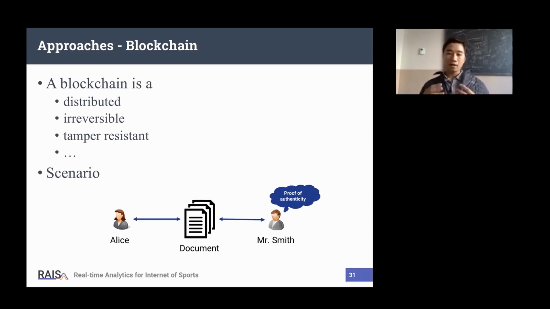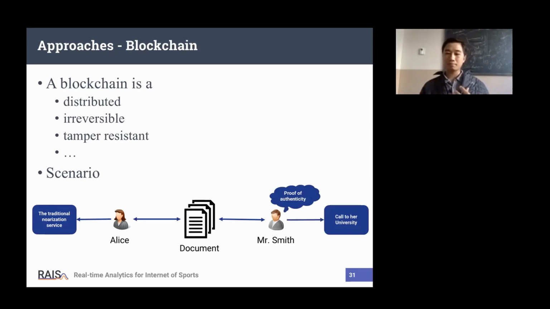In the traditional way, we have two ways to prove this. The first one, Alice can invite an agency, a justice agency, to prove that all the information in the documents is true. Or maybe Mr. Smith, if he has more time to verify the information on her application, can come directly to the university to ask questions about her application. That's the easy way, but it wastes time for both sides, Alice and Mr. Smith.